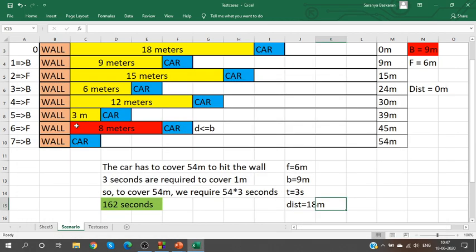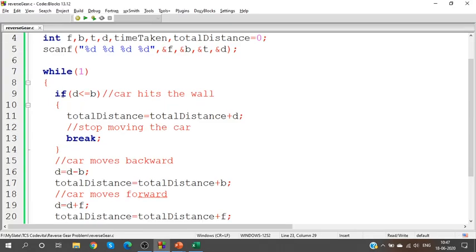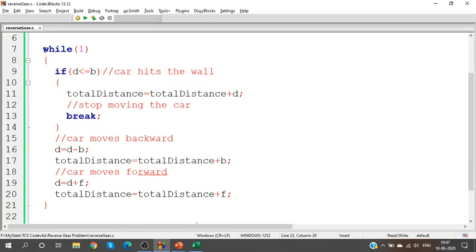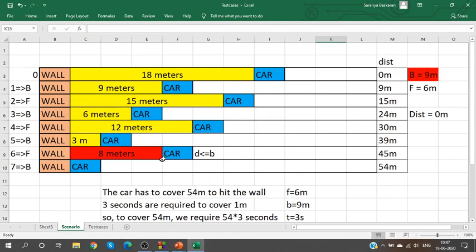Yes, so this is a naive coding. Anybody could come up with the solution. If you look at it, we are using a loop here, like how the car moves, what will happen to the car. Every step that I told you here is implemented in the program. We are literally moving the car forward and backward until it hits the wall. I think we'll be familiar with this concept. If I tell you a huge distance, and you are going to work for that big amount of distance, this type of problem will not work.